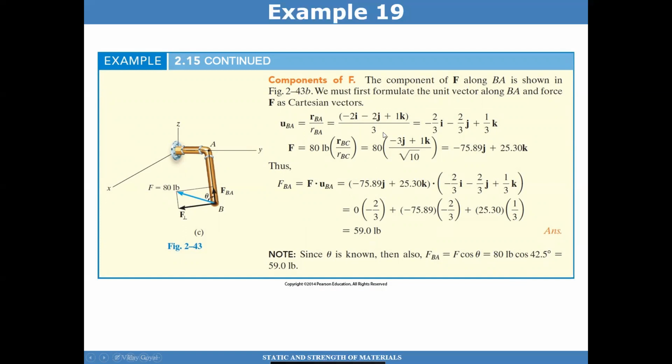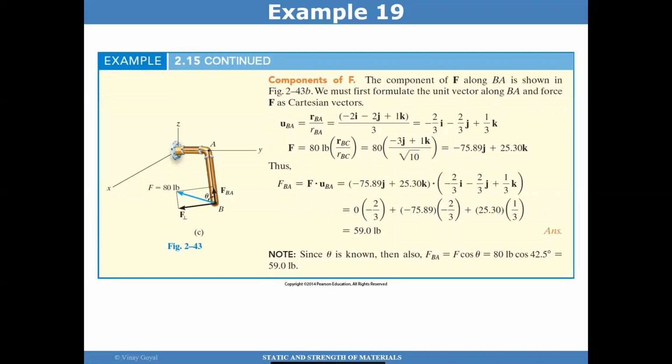Here is shown a different way of doing it. You have the force vector F, and you know the components of that vector. Take the dot product against UBA, and that will give you the component of that force projected along AB. And so now you know the force along AB due to this force applied of 80 pounds. So I hope that these examples were useful in demonstrating the concepts that we're trying